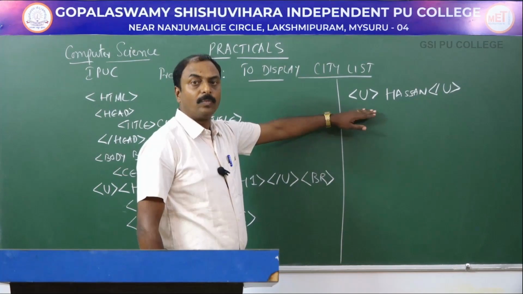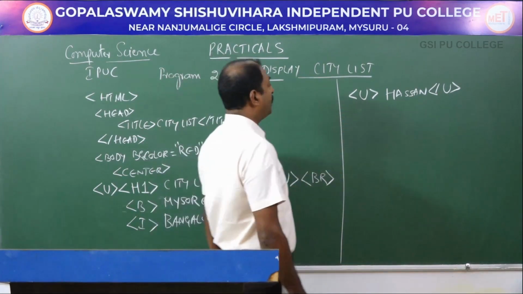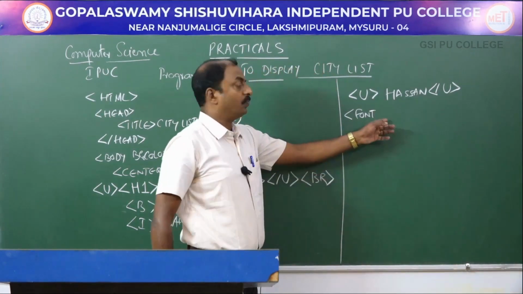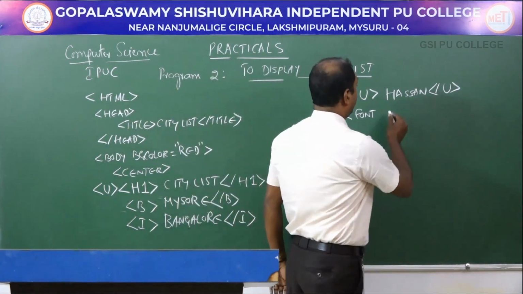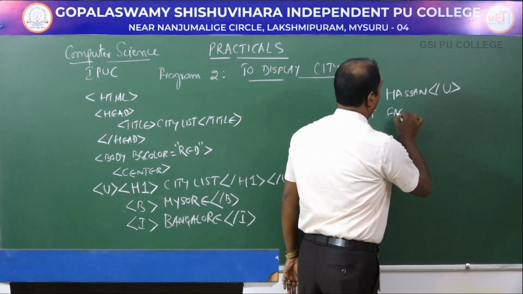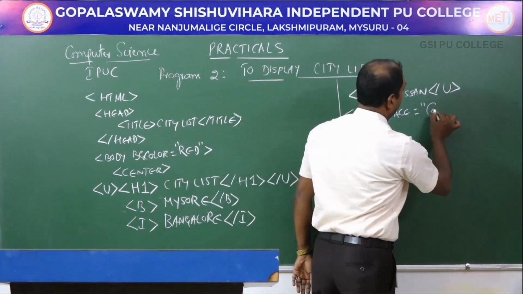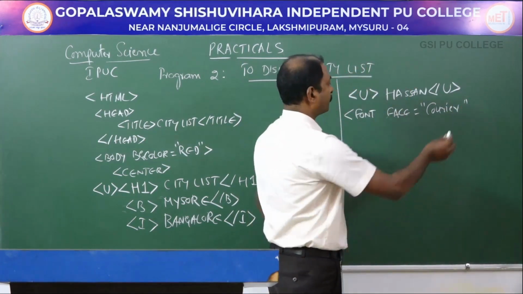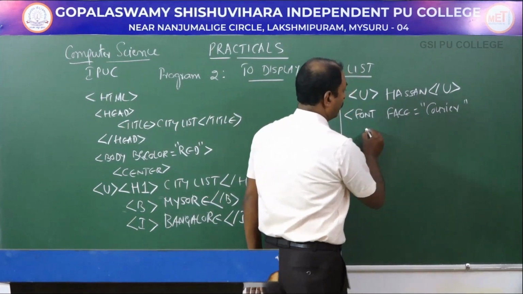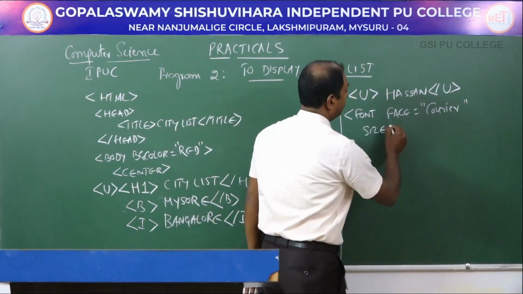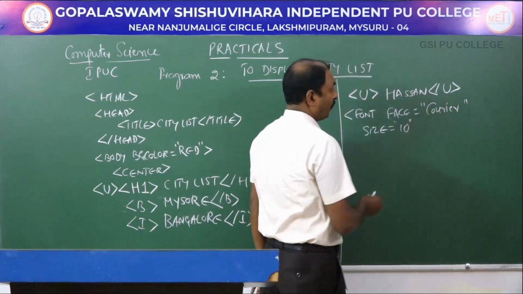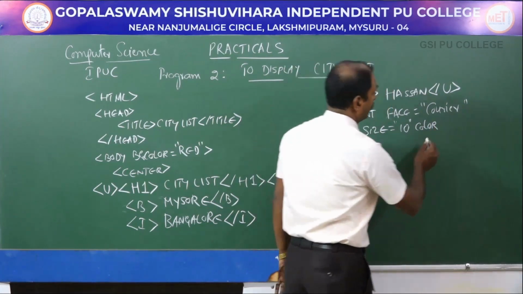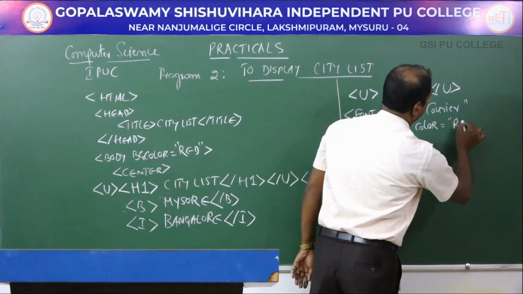Next, I would like to display one more city name. Here I will make use of the font tag. Under this, we have many attributes. One is face. I can write face equals, for example, Courier, which is one of the fonts. Space. After this we will continue. After face, I can write size. Size equals 10, this is the font size. Space. Then the color of the text. Color, let it be, for example,